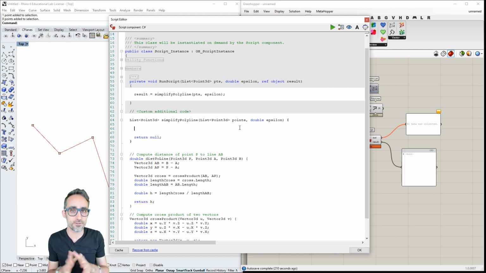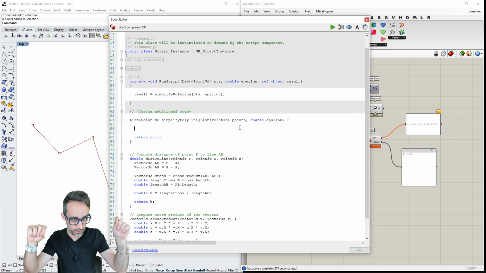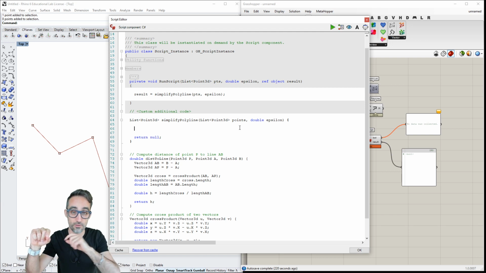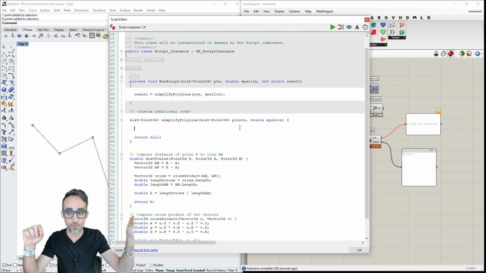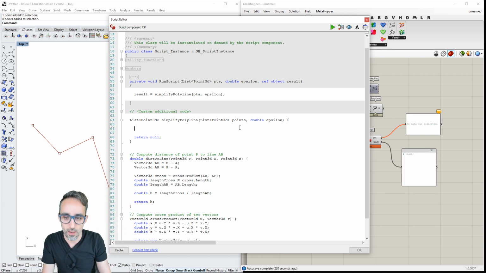And the first part of the algorithm is, let's take the start point, the end point, and then let's calculate the distance of each one of these points to the line formed by these two vertices. Okay, that's very simple to do.